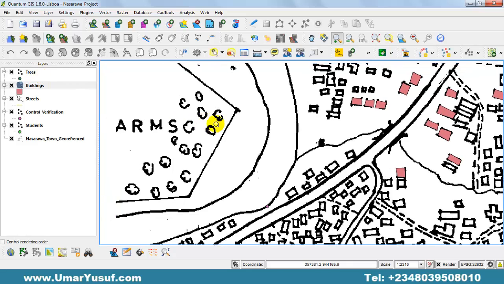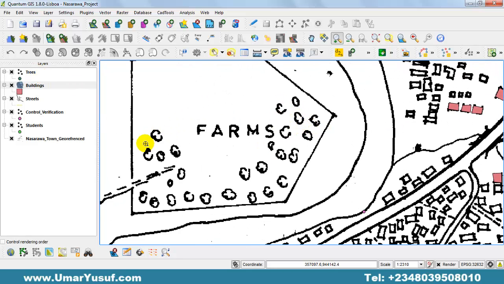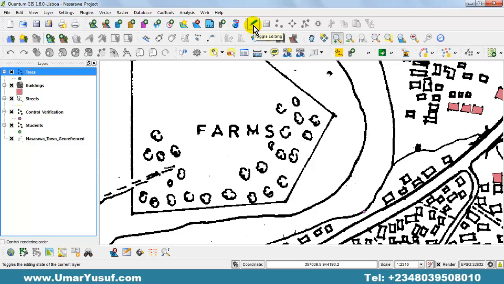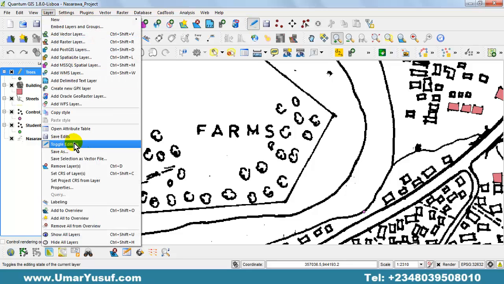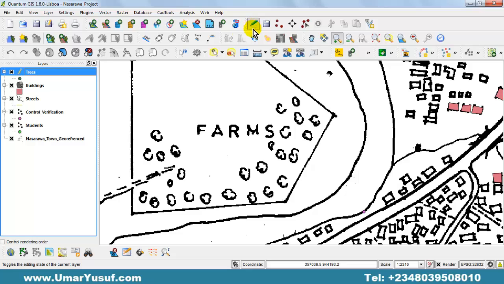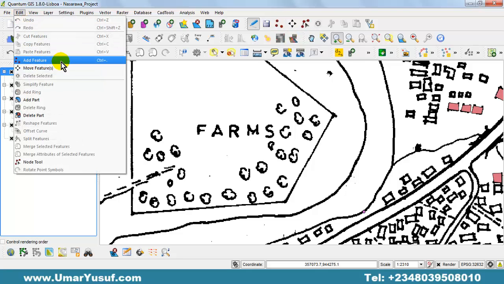So we have some point features here in the form of trees. This is a farmland, and then we have some trees within it. So you make sure you select the trees shapefile layer from the layer panel, and then you click on toggle edit. You can get toggle edit from your layer menu. After enabling the toggle edit, you will see that a pencil-like icon will appear on top of the layer. Then you can now add a feature